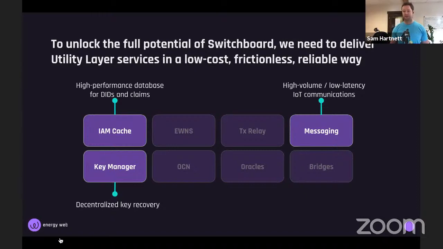Then key manager, that's another really important one. If any of these solutions are going to be adopted beyond people who are already very comfortable with setting up accounts, managing private keys, which, if we're honest, is still a pretty small segment of the population. If we don't solve that usability problem, make it more similar to how a conventional web experience is, it's going to really inhibit adoption. So the Key Manager is a service that leverages the secret store functionality